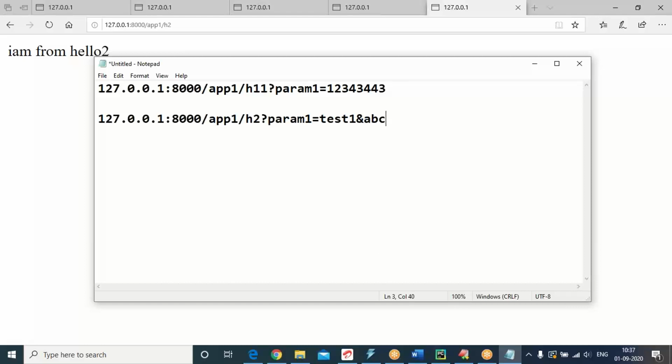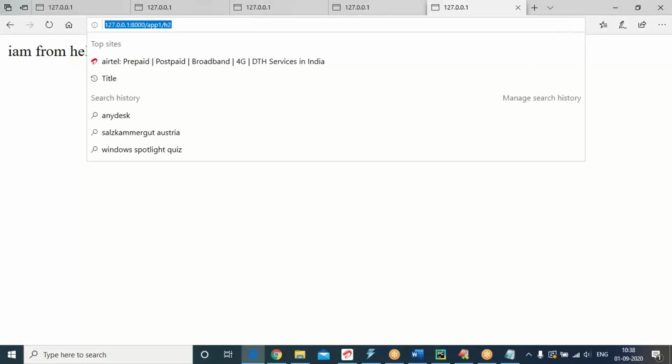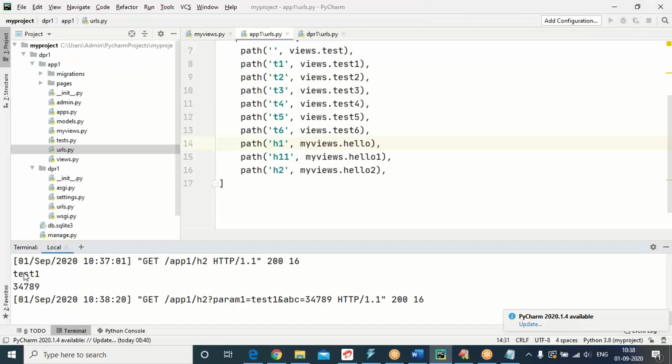Ampersand is a separator between the parameters in the query string. After the question mark, whatever is there is the query string. ABC is equal to something. Not only a number, you can go for alphabets also. Copy this much content. Open a browser, Alt D, press enter. Check in the console. Test1 is the param1 value. Some numeric value is for ABC. This is how we can read a query string.